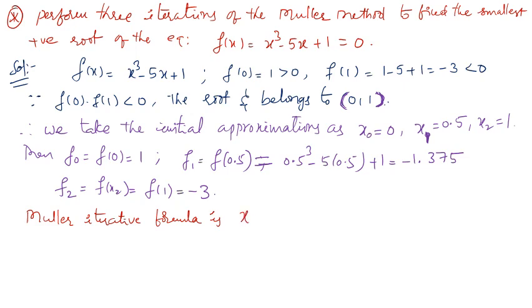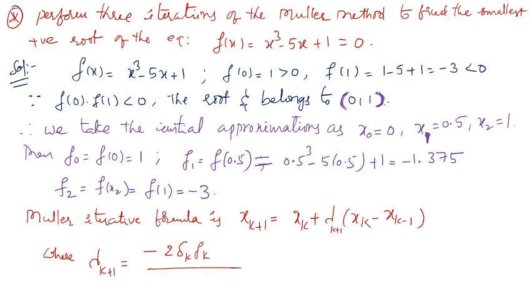Xk plus 1 equal to xk plus lambda k plus 1 into lambda k plus 1 into xk minus 1, where lambda k plus 1 value is minus 2 delta k fk by gk plus or minus under root of gk square minus 4 delta k fk ck,